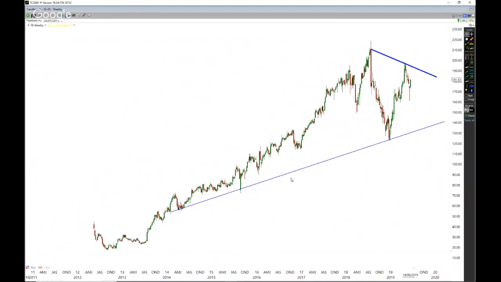I do like to use these sort of support and resistance lines. They're good and they obviously are valid. But I like to use these sloping lines, sloping to the downside and sloping to the upside, because they're what I call momentum support and resistance lines.